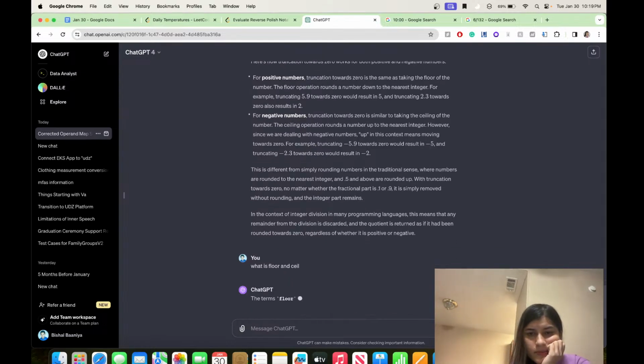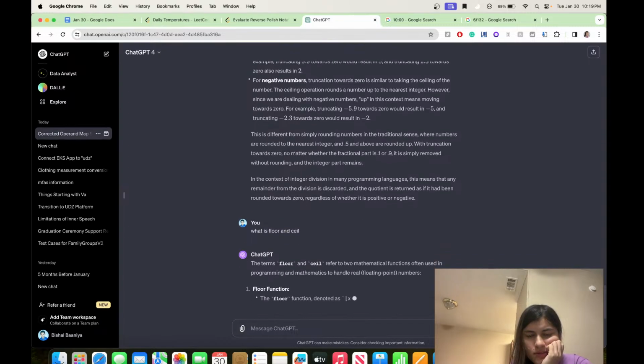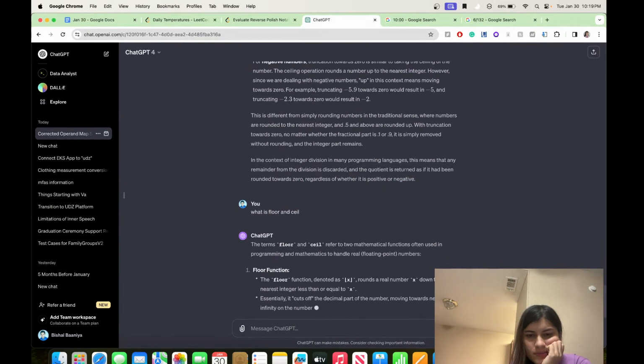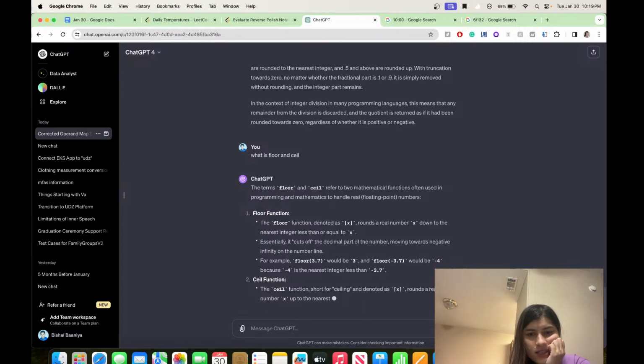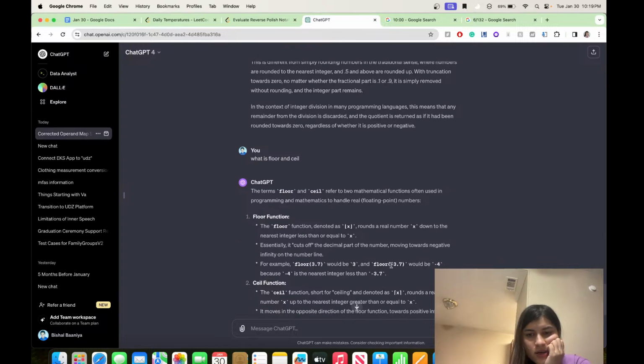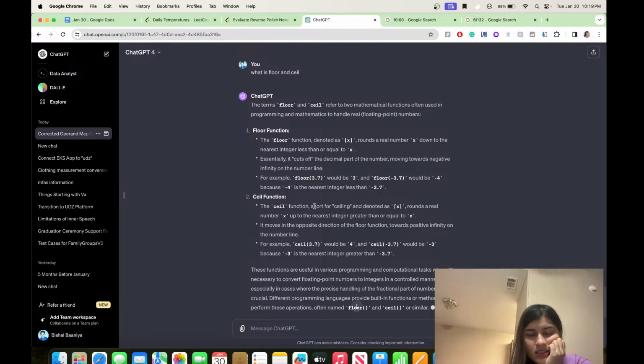What is floor and ceiling? So floor means rounds a real number down to the nearest integer less than or equal to x. So floor of 3.7 will be 3. Floor of minus 3.7 will be minus 4. Okay, minus 3.7, less is minus 4, so makes sense. And ceil is short for ceiling, which rounds a real number x up to the nearest integer greater than or equal to x. Yeah, ceiling of 3.7 would be 4, and ceiling of minus 3.7 will be